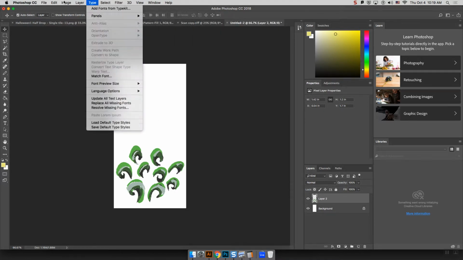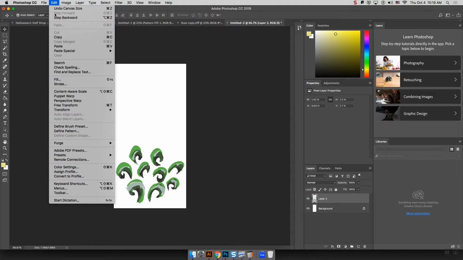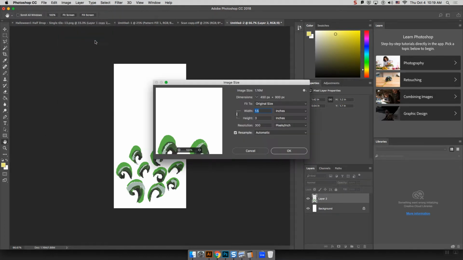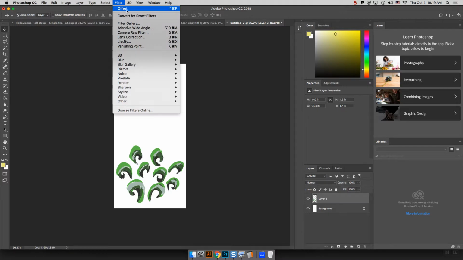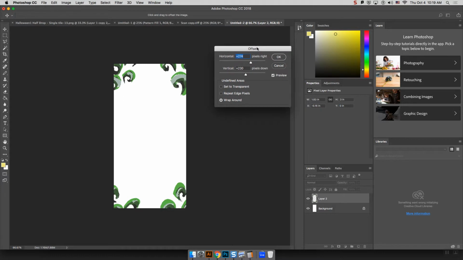Okay, so it's 1.5 inches by 3 inches, so I can go to filter, other, offset, and oh right, this is done in pixels,